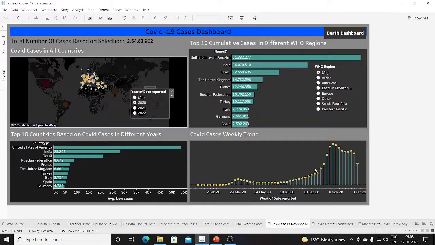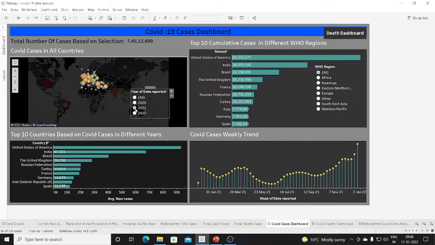Now if I talk about 2021, then up to April there was a trend in the cases, but up to 4th July there are very few cases, and again this is a seasonal trend. Again after the month of July, COVID started to increase, and it kept increasing up to around 26 December 2021.